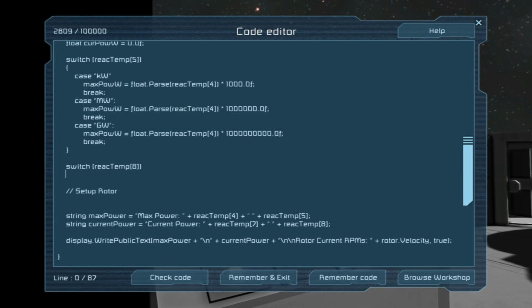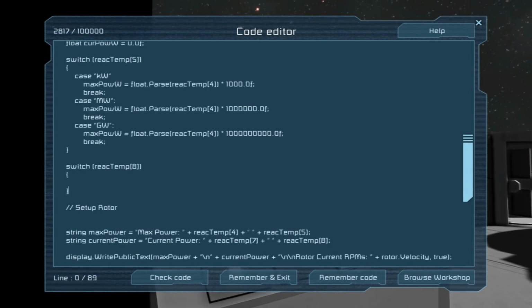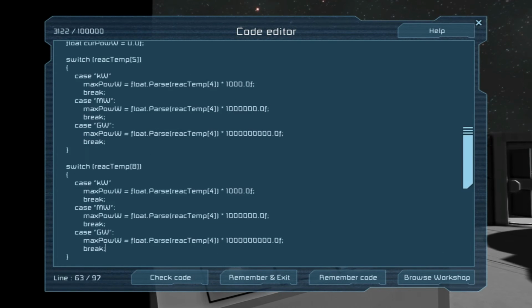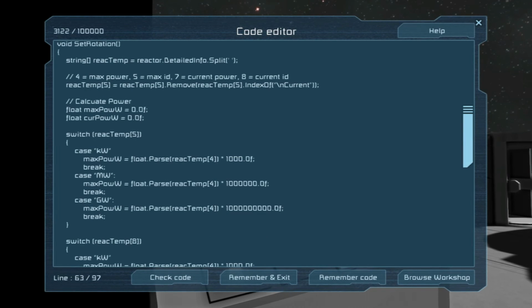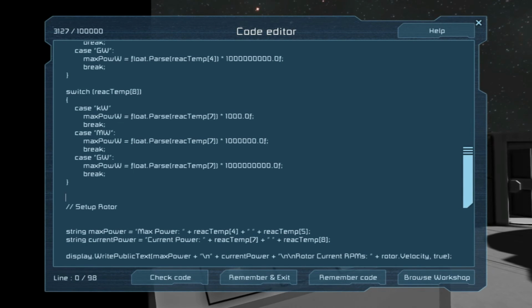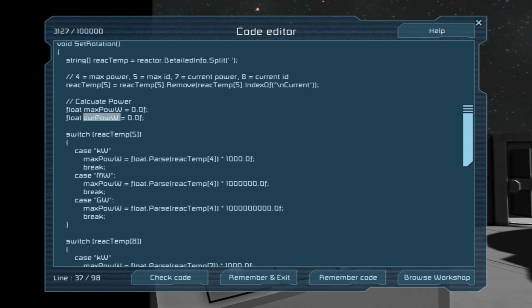Okay. And what we're really trying to do here is make a common ground, make sure that both of the calculations are set between the current power and the maximum power, because if you have megawatts and kilowatts and whatever, it causes a bit of an issue. Now, what we could do is we could have actually set this up to do the calculation in one thing. Not a bad idea. The only problem is it gets confusing and the code gets very cluttered, and so I'm doing it this way to make it easier to understand, so that you can actually...